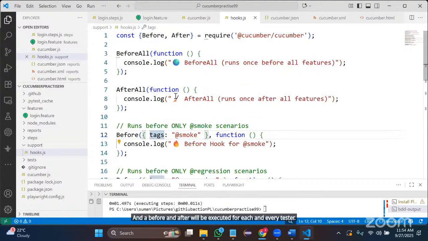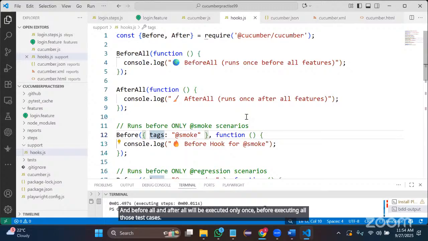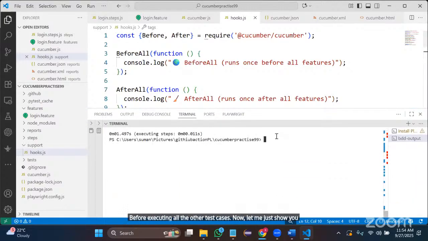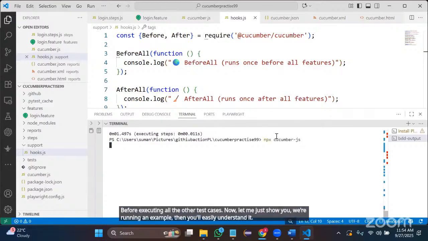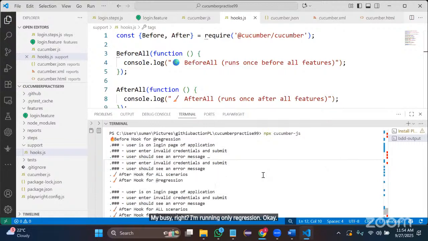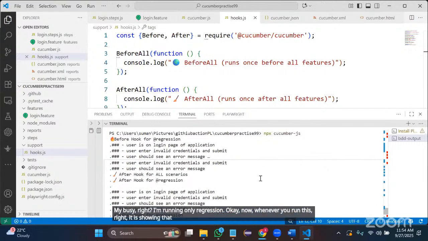Before all and after all will be executed only once, before executing all those test cases. Now, let me show you by running an example, then you'll easily understand. If you see, I am running only regression. Whenever you run this, it is showing that,